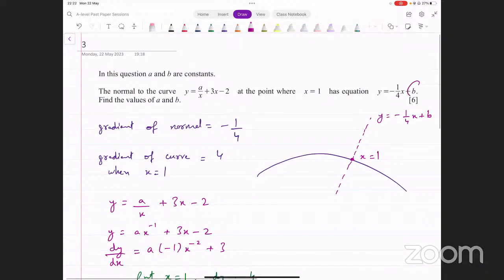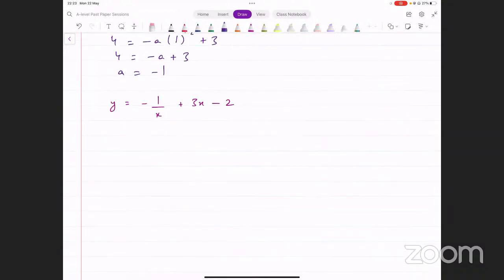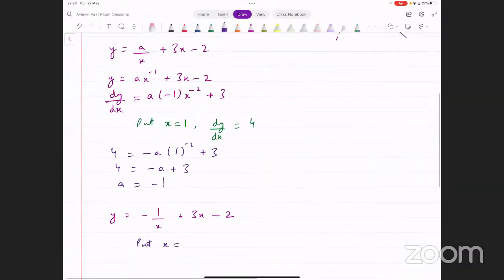Now we need to find the value of b. This is where b is. अब देखें ये जो point है, जिस point पे normal आ रहा है हमारे पास, ये point curve को तो satisfy करता है, of course ये normal को भी satisfy करना चाहिए. So if we can somehow find the y coordinate of this point, हमारे पास अगर ये point आ जाए, उस point को अगर यहाँ पे normal की equation में input कर देंगे तो b की value भी हमारे पास आ सकती है. So that is what we can do here, right? x की value यहाँ पे input कर देते हैं और उससे क्या होगा, हमारे पास y की corresponding value आ जाएगी. अगर इस curve की equation के अंदर हम कहें let's input x equal to